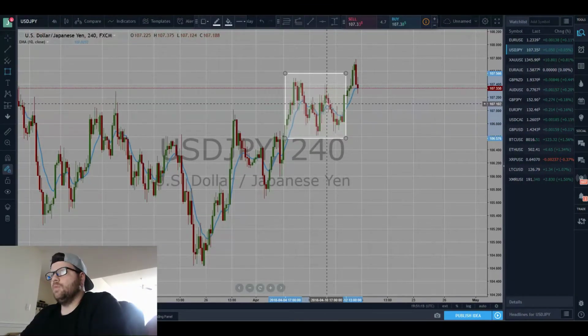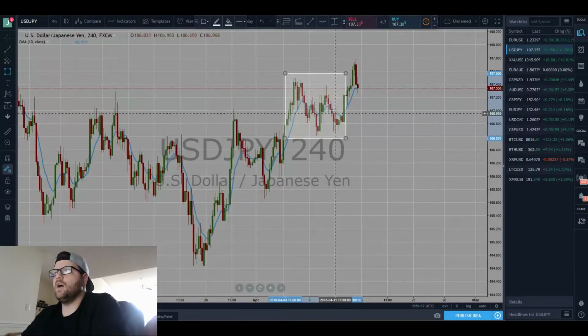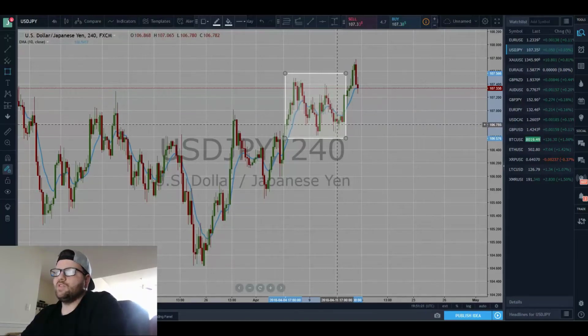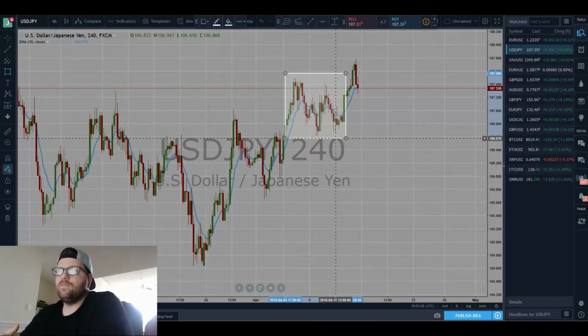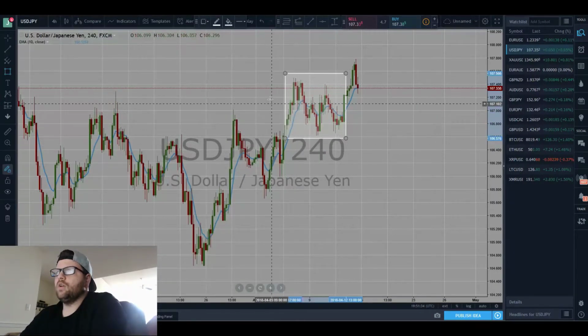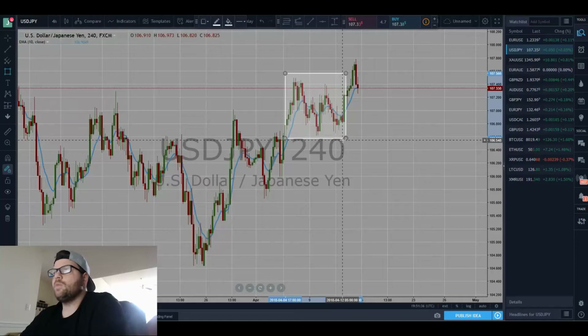And then price obviously respected it once it broke through, so you could have gotten into a buy right there. Then you would have also gotten stopped out again because price broke back down below. And so that's the problem with only relying on moving averages to trade, especially with longer term or longer time frames. Scalping, I guess, could be a little bit different, and normally you wouldn't scalp on a 4-hour time frame like this, but